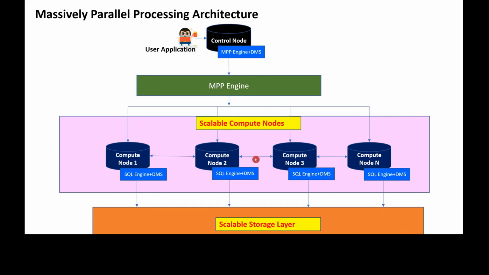Why do we need this DMS? DMS is nothing but data movement service. For example, if we have to move the data across the nodes, then this is playing a key role. For example, we have created 60 partitions, and that is distributed across 60 nodes. Let us assume it is working with full capacity, 60 nodes. Then 60 partitions got distributed across 60 different nodes, and we have to perform some group by operation, which means the data would be distributed across all the nodes, but we have to bring it to a particular node. So basically, we have to transfer the data from one node to another node. That process can happen through DMS.